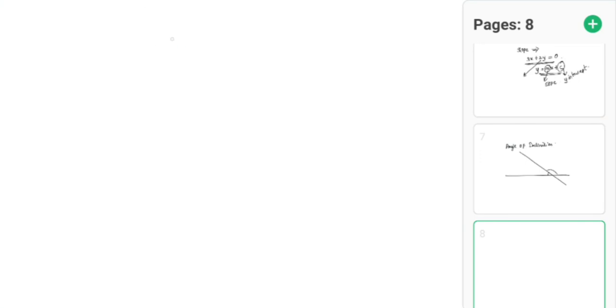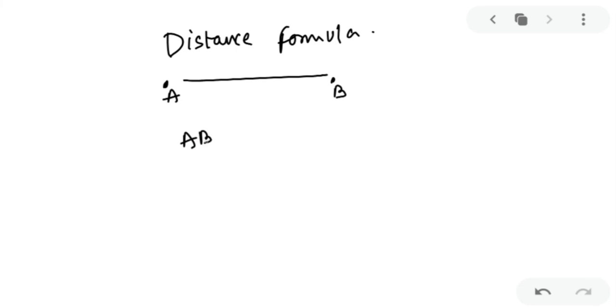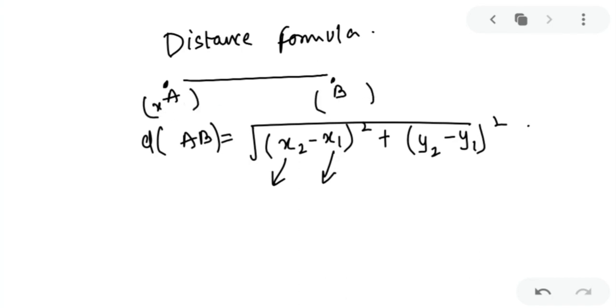Next we are going through distance formula. In that, if I give you 2 points A and B and you have to find distance between them. So the distance of AB will be under root x2 minus x1 the whole square plus y2 minus y1 the whole square. Now what are these x2 and x1? These are the coordinates of the given points. A will have x1 y1, B will have x2 y2. And those values you have to put in the formula.